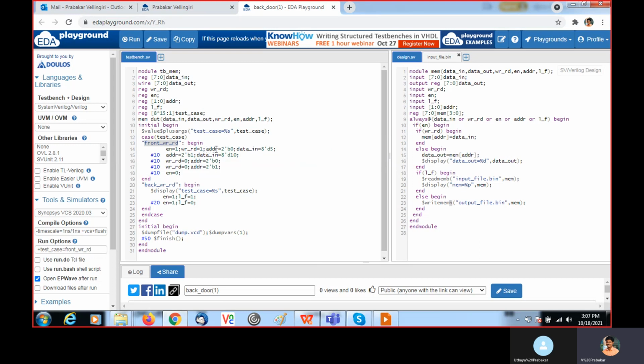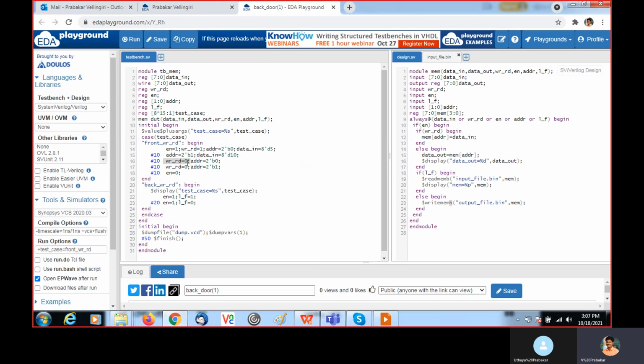We are going to perform write, and the address we pass is 0 and data in is 5. After a 10 time unit delay, address 1 and data 10. Then after a 10 time delay, write_read we make 0.